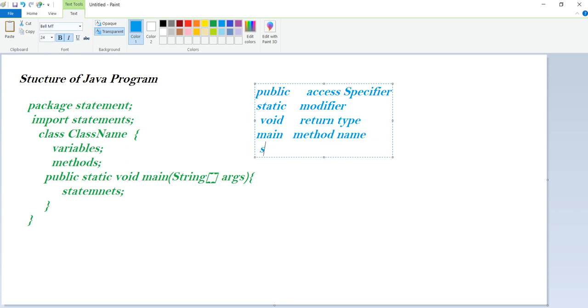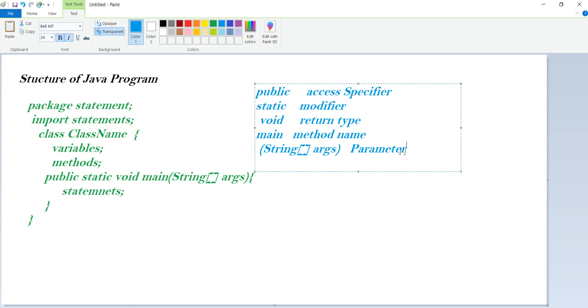And the last one, String args, is the parameter. So public is the access specifier, static is the modifier, void is the return type, main is the method name, String args is the parameter.